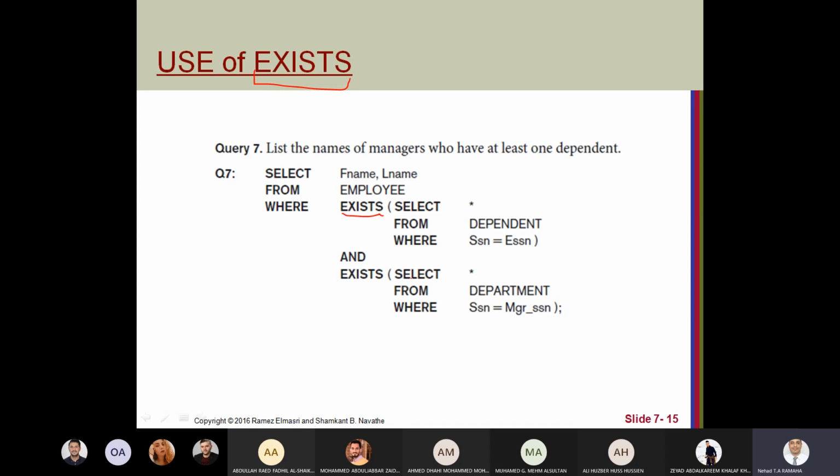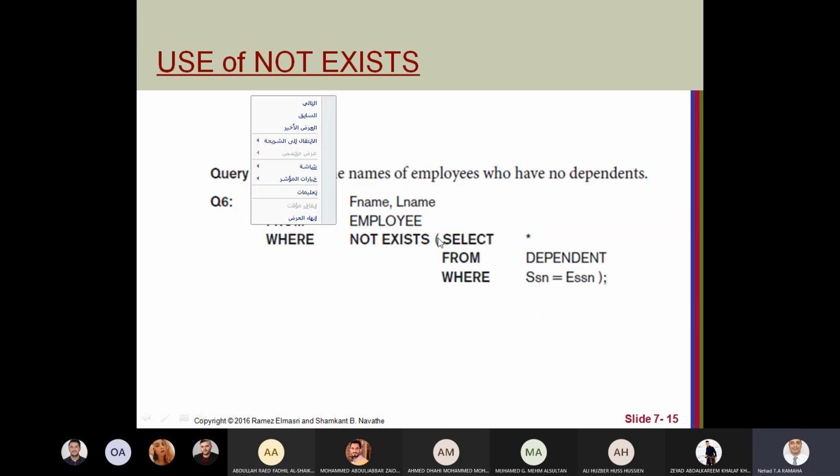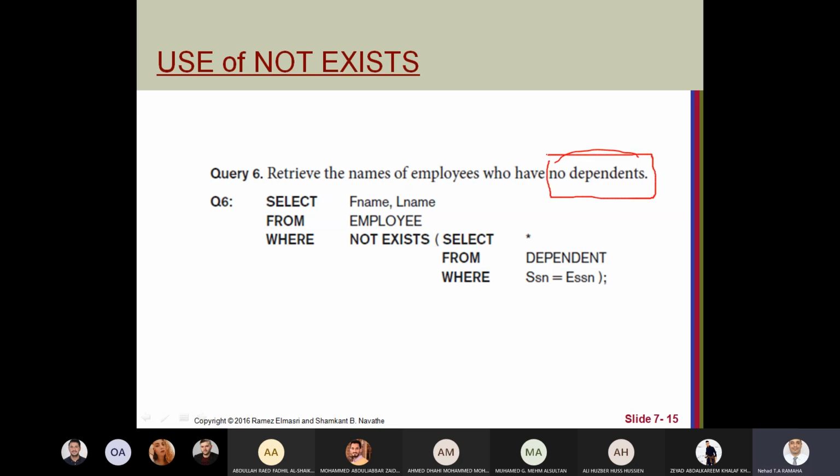So we will get all the managers and say this employee does not exist in this manager list. So maybe not exists is more important than exists. Like this example: retrieve the names of employees who have no dependent. In this case, it's better to use not exists.